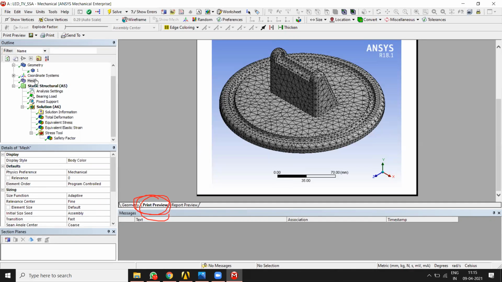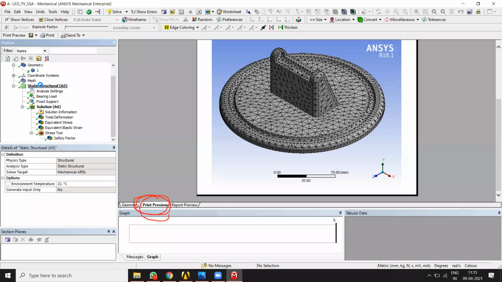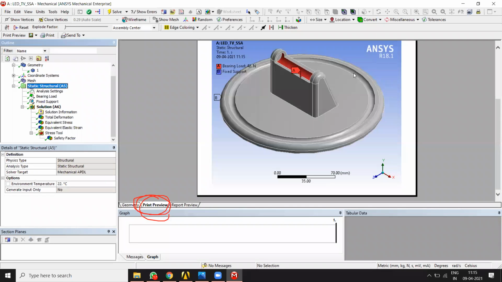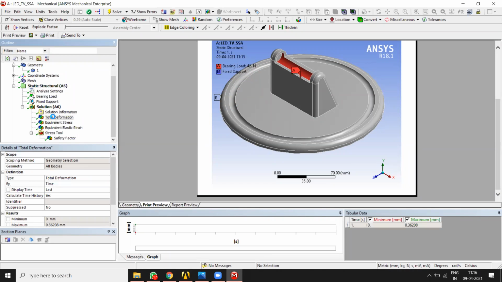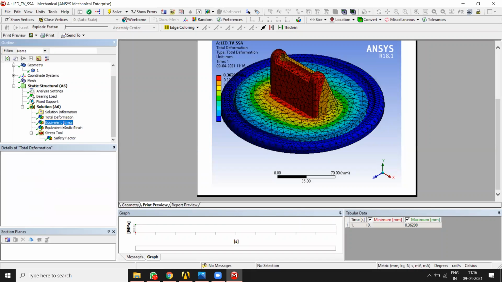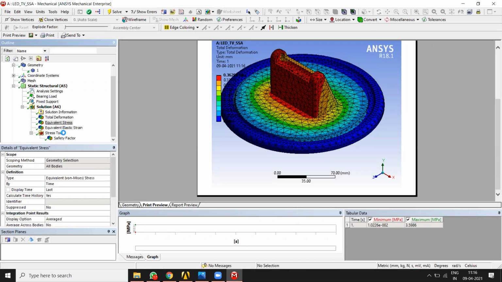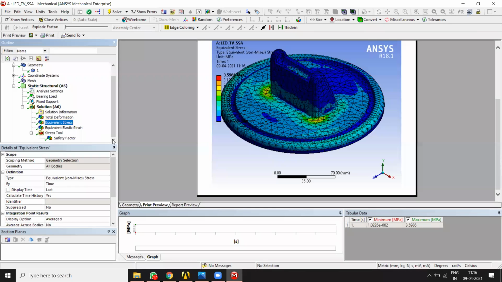Then after pasting mesh, click on static structural. Now this image will demonstrate both boundary conditions. By A, the location of load with the magnitude, and by B, the area which is fixed, which is constrained. Both the things are described in this way. So paste this image under boundary condition, then click on total deformation. Under results, deformation, you are going to paste this image. Then stresses, strain, safety factor, and so on. So I hope you got the idea.